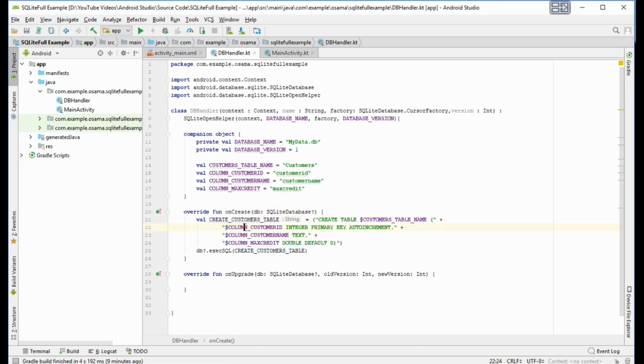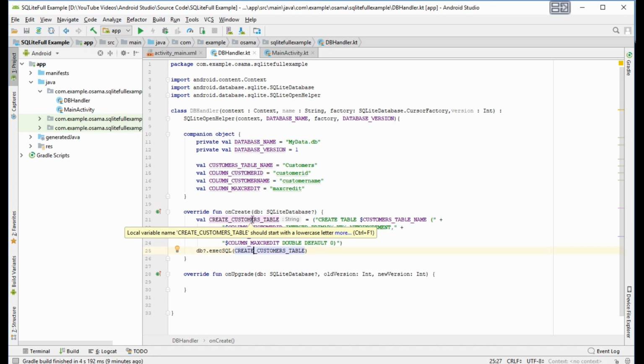Look at this. These are the columns that we defined here, and we will always use them here.